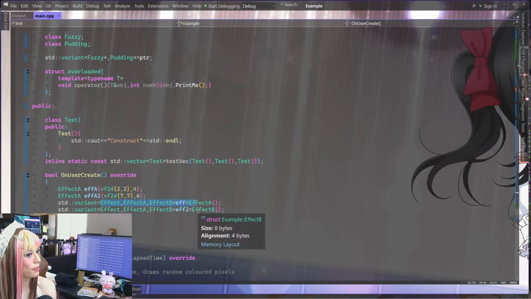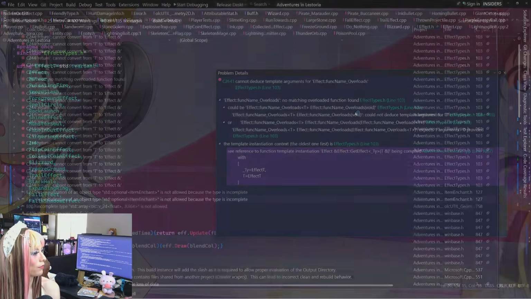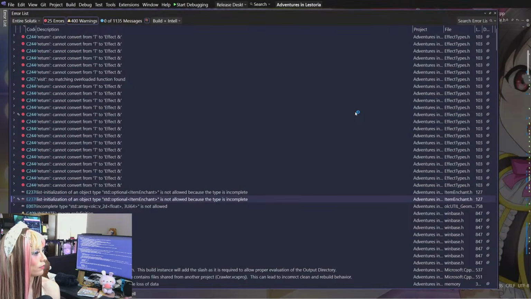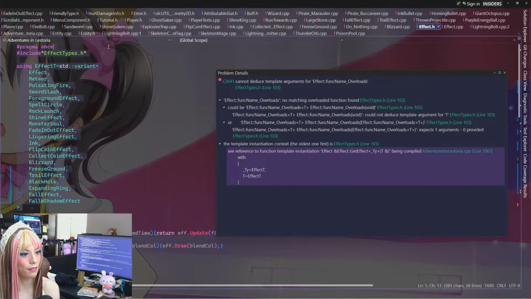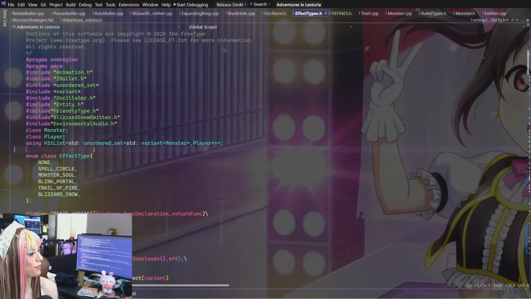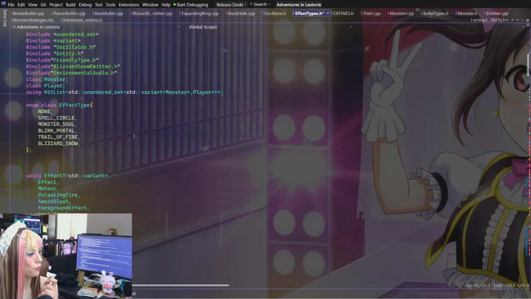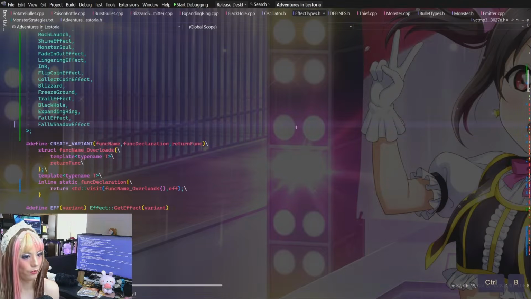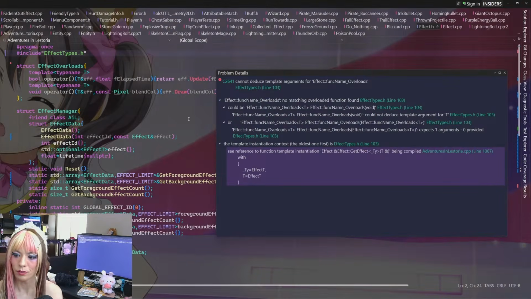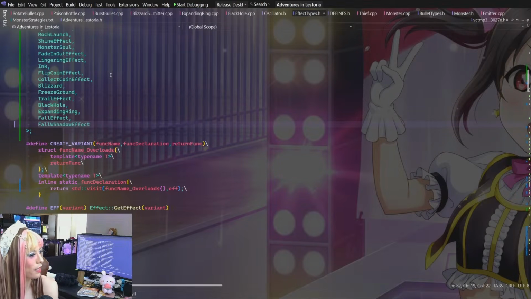Types are known beforehand. Trying to think, maybe in this case they're not known? That's the only thing I could think of. Maybe it doesn't know what effect T is. So what if we put them up here? That'll kind of hint to it that these are the types it can be.